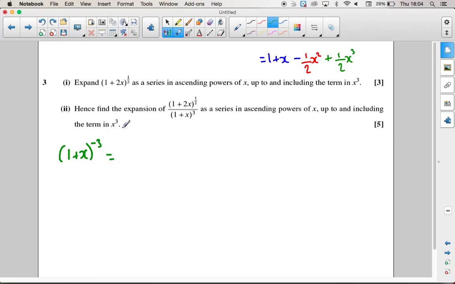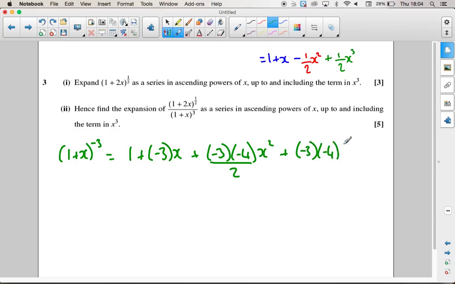Up to and including the x cubed term again. Sounds like a pain, but that's not going to be too bad. You'll see why later. So we're going to have 1 plus nx, so that's 1 plus minus 3 times x, plus n times n minus 1, x squared over 2, plus minus 3 times minus 4 times minus 5, x cubed over 2 times 3. And that comes out at 1 minus 3x